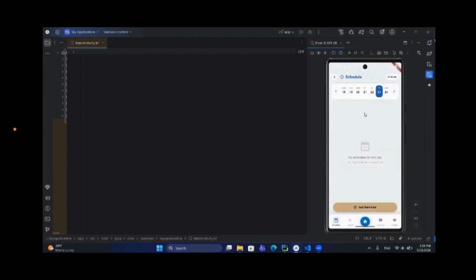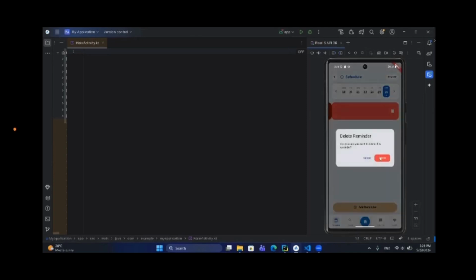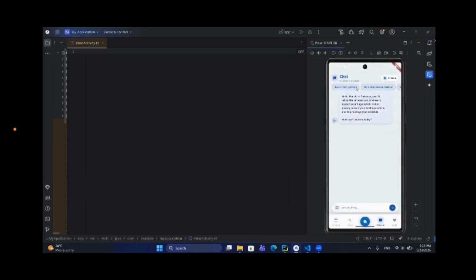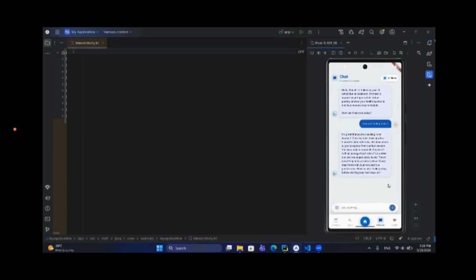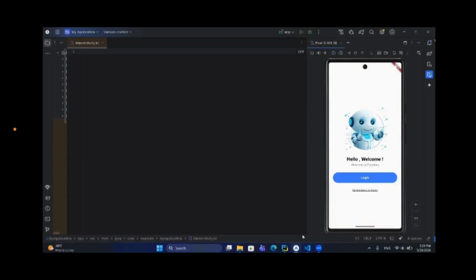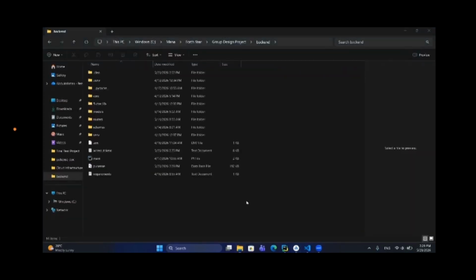Okay, that's for this part. And as you can see here, like the schedule, you can generally delete it as well. So moving to the other thing, we're going to check the other response from the AI. And that was another response from the AI to ensure that it is working. What else? Now we are logging out just to check that every button is working,